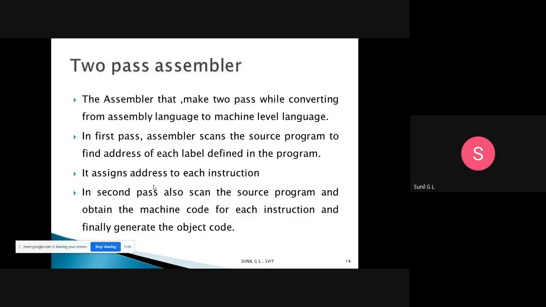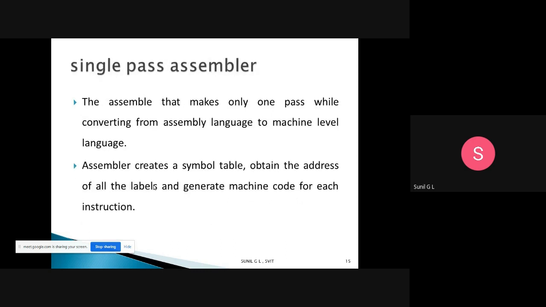Next, what is a single pass assembler? The assembler that makes only one pass while converting from assembly level language to machine level language is called a one pass assembler. Whatever you do, the address of instructions, the address of labels, and the conversion of source assembly language to machine language, all things should be done in one single pass.